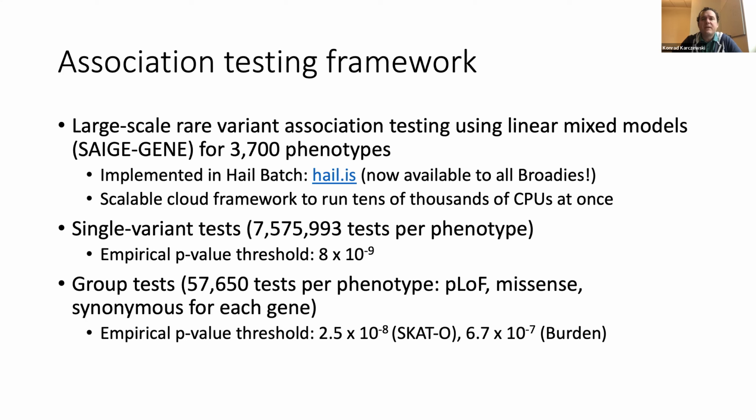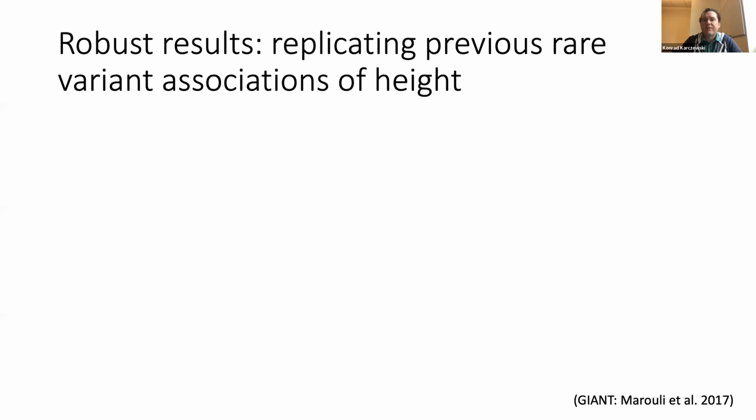We used a set of simulated data sets to estimate an empirical p-value threshold for what we believe is experiment-wise significance. Because rare variants aren't exactly the same kind of structure as common variants, we didn't want to just use 5 times 10 to the -8th. We instead simulated it and tried to get what we think is a good threshold for a single phenotype, which came out to about 8 times 10 to the -9th for single variants, so pretty close to 1e-8 or so. And for genes, it ended up being something around 10 to the -7, 10 to the -8.